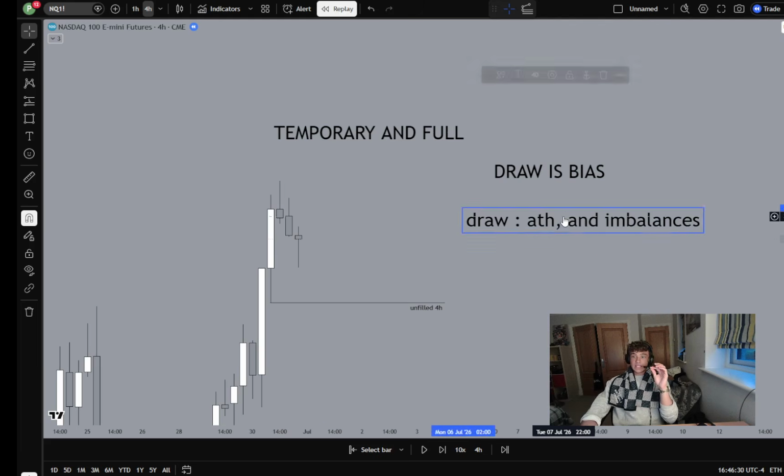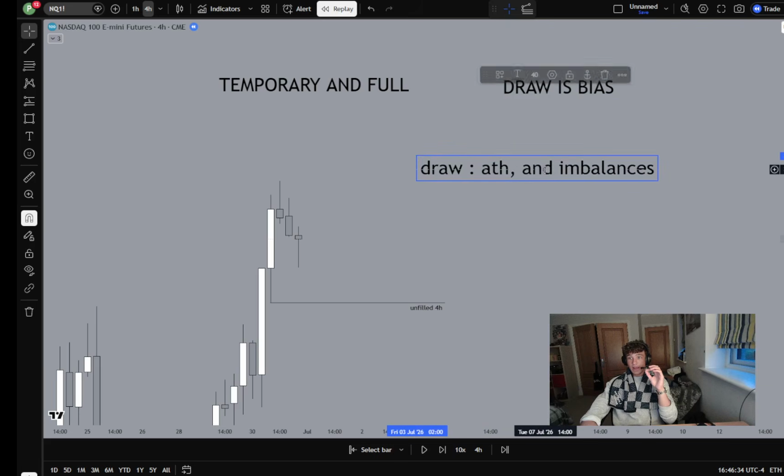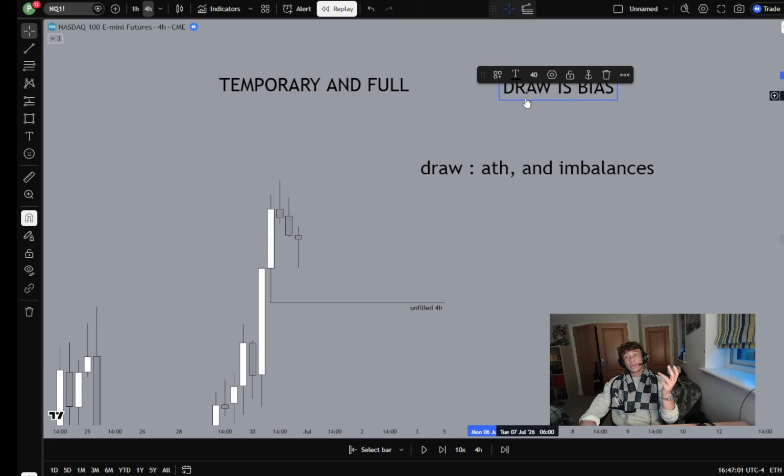Now, I like to really split my draws into two really simple things. All-time highs, all-time lows. All-time lows doesn't exist. All-time highs and lows. Right? If we have all-time highs, we're going higher. It's going to be the full draw, okay? Let's say we're expanding all the time, right? Like when we're at peak all-time high phase, and every single day highs getting taken, that's going to be our full draw. But before we like to take those highs, sometimes we have to hit things or take things out on the higher time frames, and that's going to be our imbalances or our daily or our temporary draws, okay?